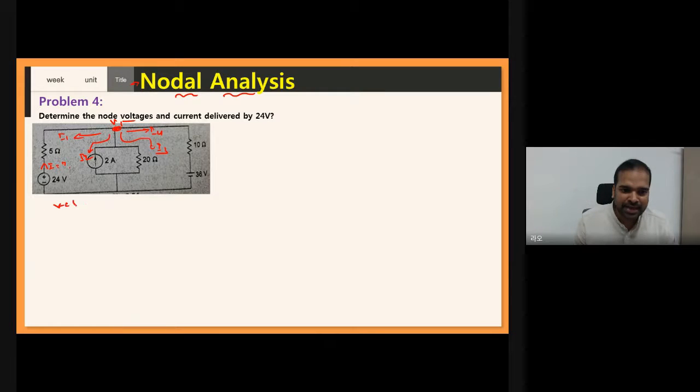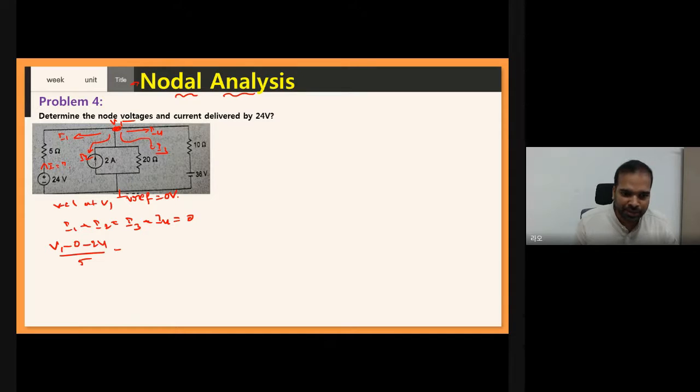So if I apply KCL at V1, I can write I1 plus I2 plus I3 plus I4 equal to 0. Now, you know how to write I1; we already discussed that in our previous video. So I1 means V1 with reference to 0. For any given circuit, we have one reference voltage, that is 0 volt. You need to consider this as well. So identify the number of nodes and consider V reference equal to 0. So V1 minus 0, and we have another voltage source of 24 volts connected, so minus 24. You already know why I am writing minus 24, right?